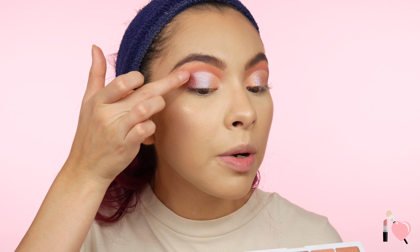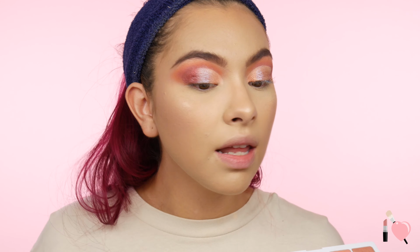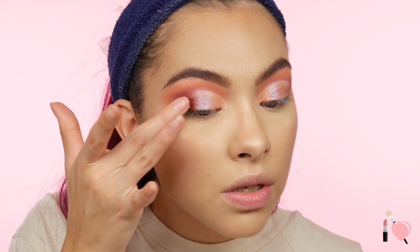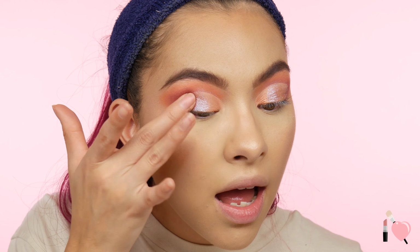Yep, super pigmented, of course. Yeah, see, that one's really pretty. Why couldn't the purple be like that? Makes me super sad. I'm just gonna go in with that deepest shade in the palette in a really tiny brush,